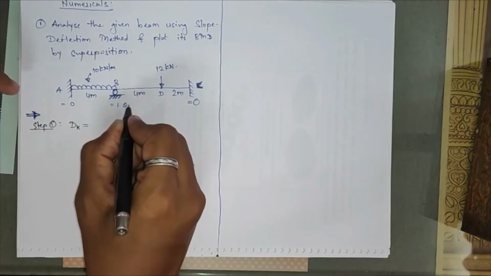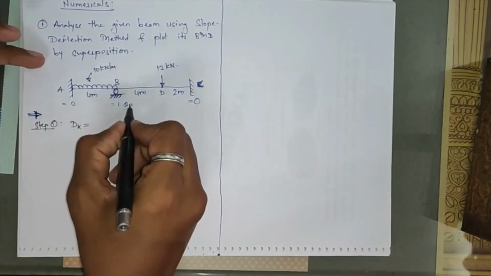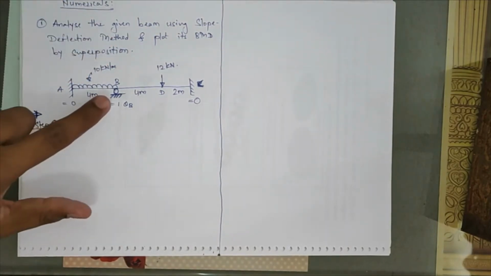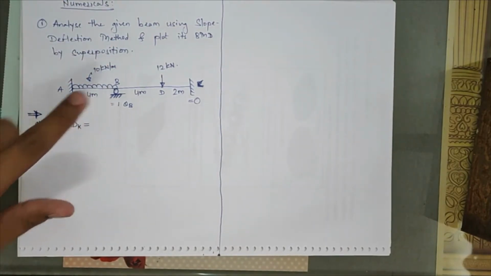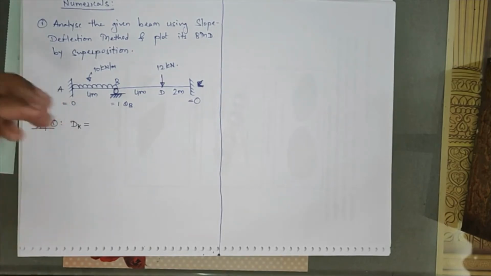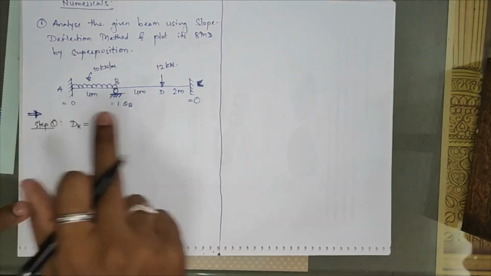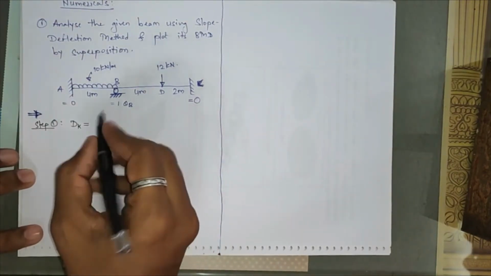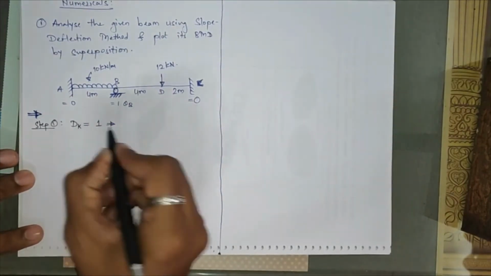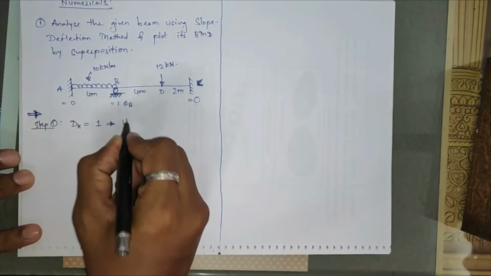That is equal to theta, and it is acting at point B, so I'll call it theta B over there. We have seen a chart for these decay values for different support conditions, whether your support is fixed, hinge, or roller. If your end is a free end, we have seen how much the decay value will be. So the total decay value for this complete continuous beam comes equal to 1. And which is that value? That will be your basic unknown.